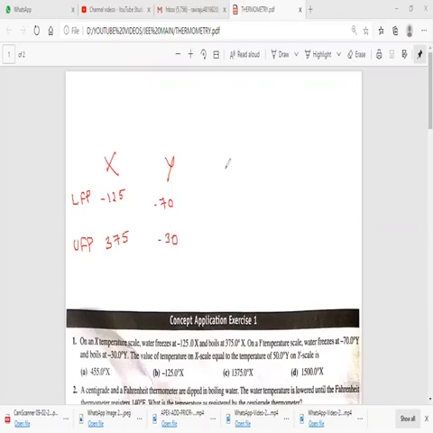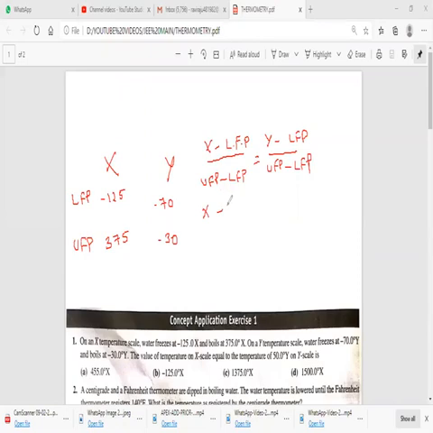If you want to compare the two scales, we have a general formula here. So what is the general formula? X minus lower fixed point on that scale by upper fixed point minus lower fixed point. This factor remains constant for any scale, so for the Y scale also you can write in the same way, Y minus lower fixed point by upper fixed point minus lower fixed point. If we substitute the values, the X value you have to calculate, so that value you can just leave as X only.